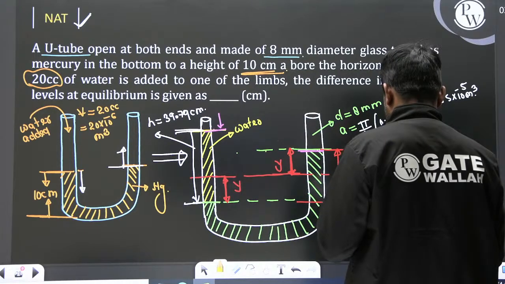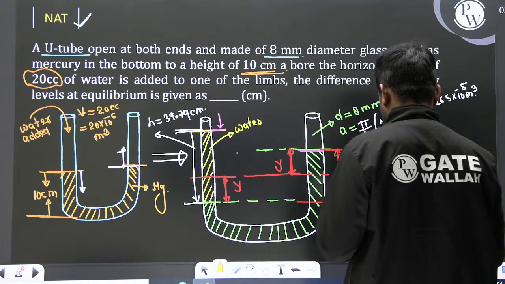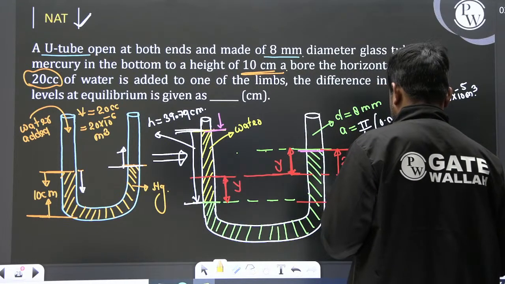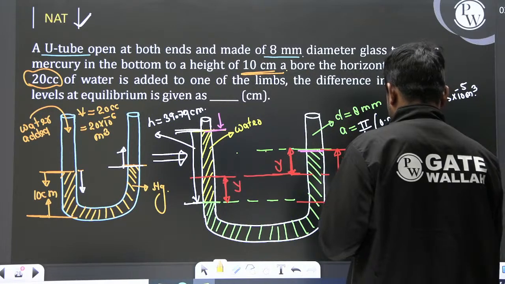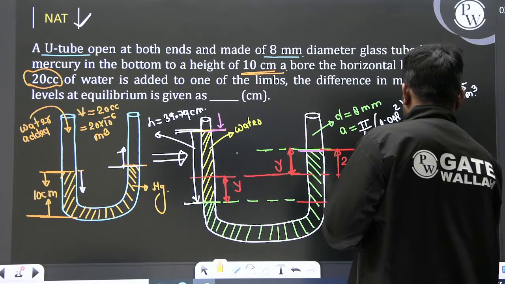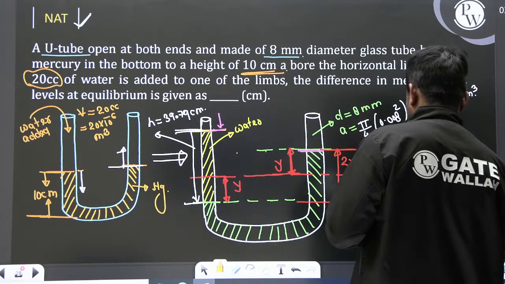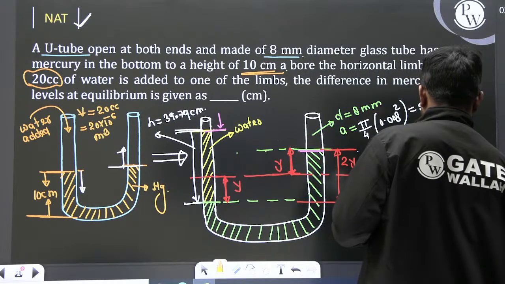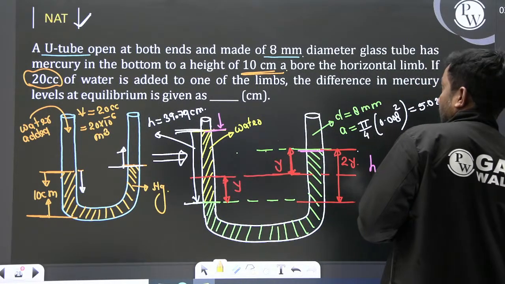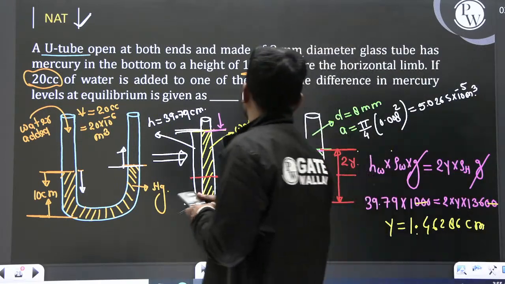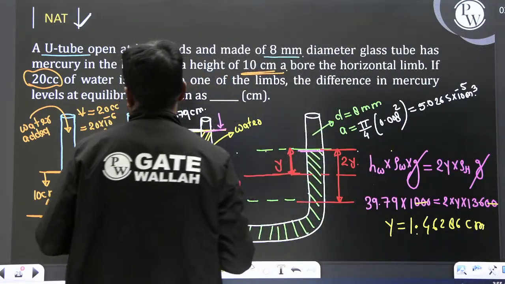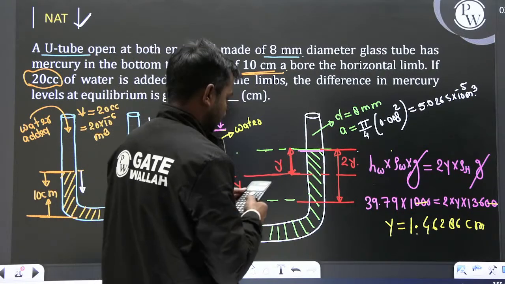39.79 divided by 2 into 13.6. Clear? 13.6. So your y comes out to be 1.46286 centimeter. Okay? The difference in the mercury level at the equilibrium, so you need to calculate